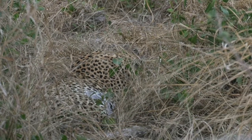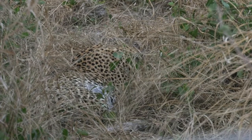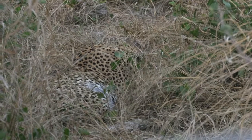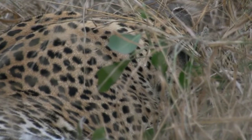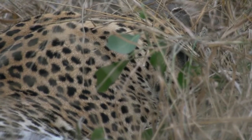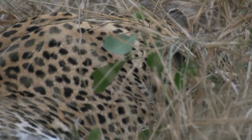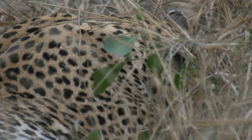Owen and I really get the opportunity to just sit and watch and see how she lives her life. Very seldom do we get to spend this much time in normal circumstances with one individual animal like this. So it's been quite a special afternoon for us. And by the sounds of it, it seems like the other rangers have got really...